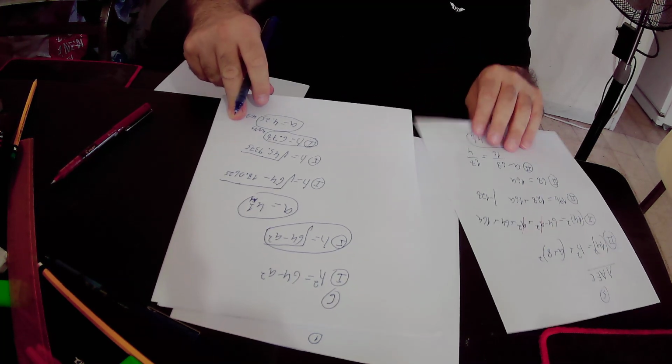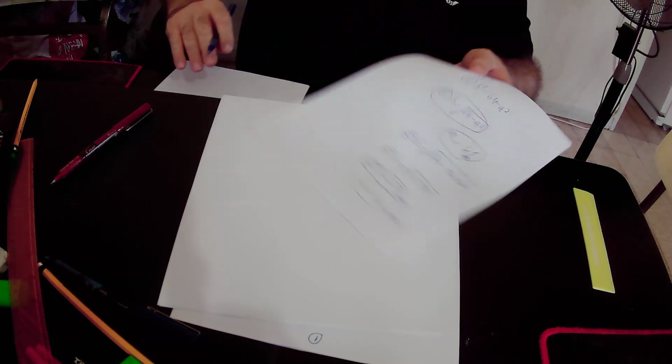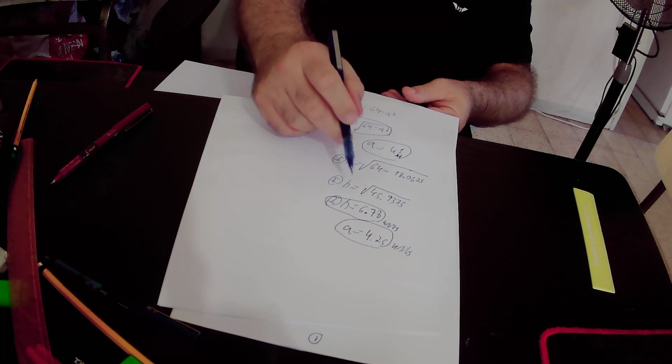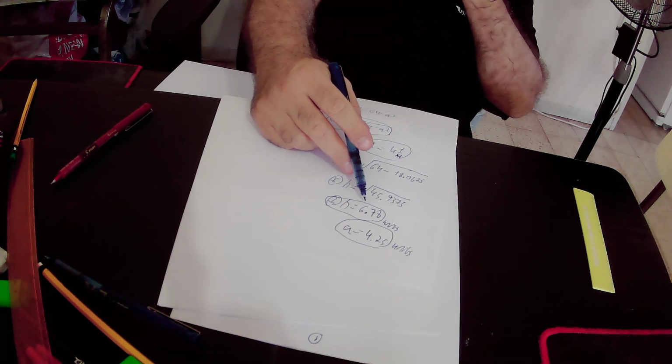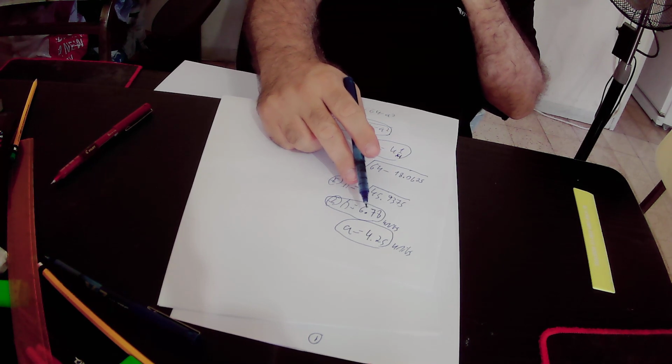Okay, we found out that h equals 6.78 units and a equals 4.25 units,